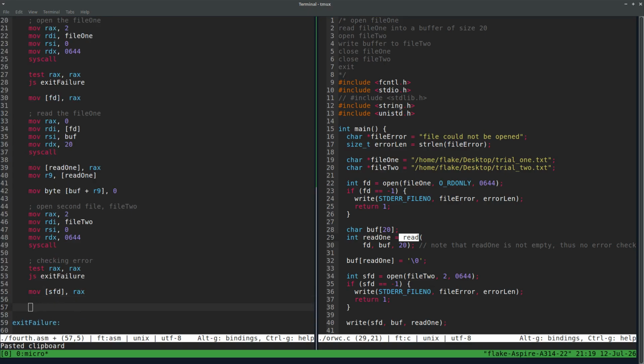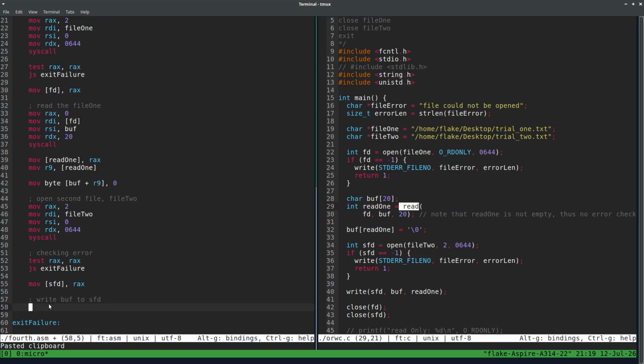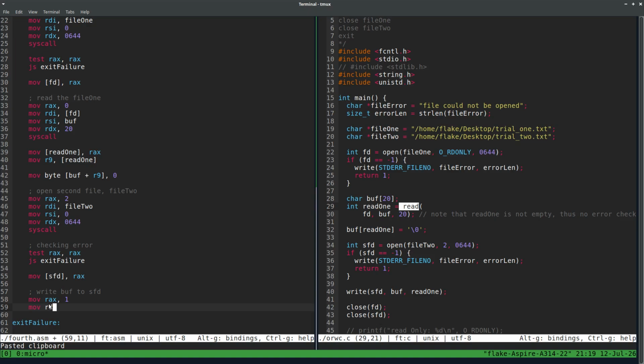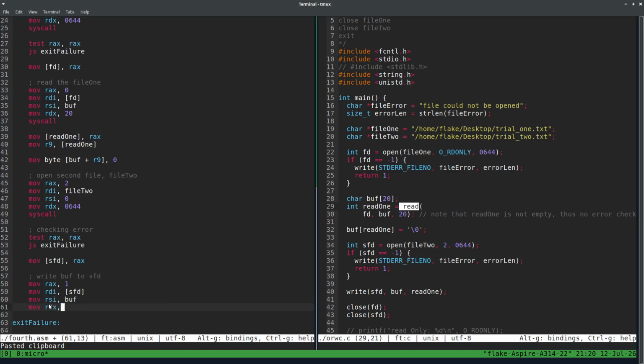Okay, then finally we once again write the buff into the second file descriptor. So we write buff to our second file descriptor. So essentially we have move RAX 1, move RDI by the file descriptor here, then move RSI, our buff, and then move RDX